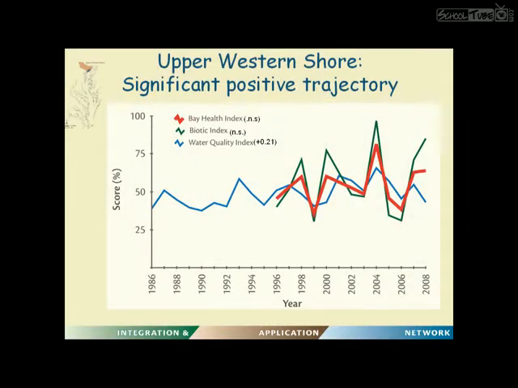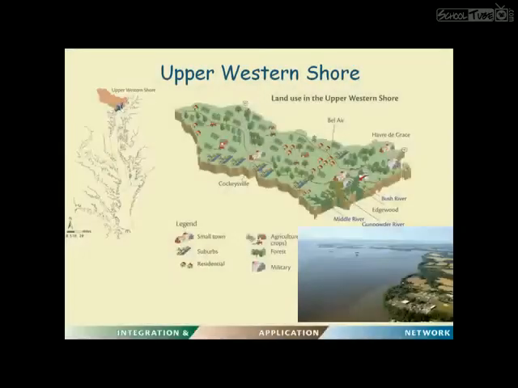These areas that came up as the number one score in the 2008 report card also come out to be good and getting better. So let's have a look at what's going on in that watershed. What could be happening that's actually changing over 25 years to make it improve? That's a tough question. If we look at aerial photos, looking at the Susquehanna Flats and down onto the mouth of the